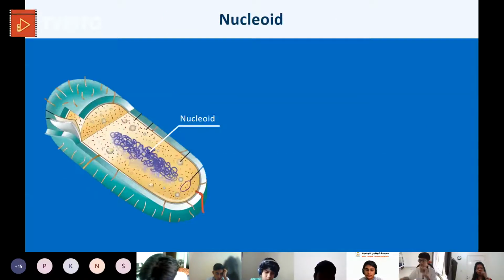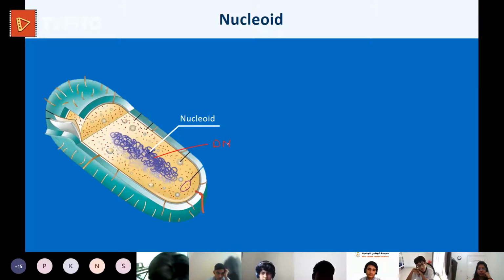Now, what is the name of this cell? Can you identify and tell me? Ma'am, it's a prokaryote cell. It's a prokaryote. So how did you identify? Ma'am, because it doesn't have a well-defined nucleus. Yes, you are right. Here there is no nucleus. It's a cell, but there is no nucleus. And what is this blue color thread? Ma'am, chromatin.